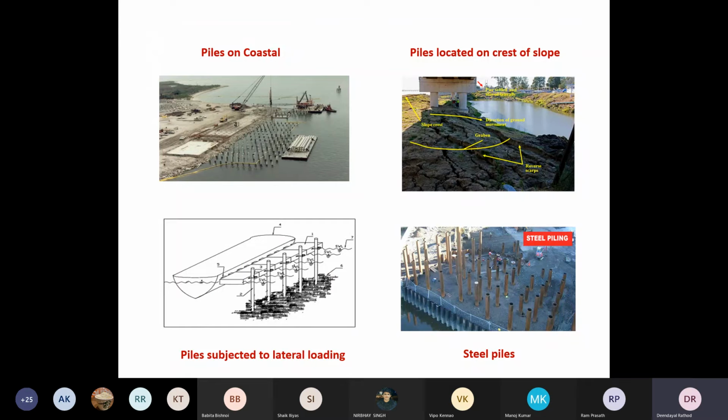Here these are the piles and the coastal structures. Generally we go for piles that may be located on sloping ground, and these piles can be steel, can be concrete, and so on. All these piles we generally provide at a greater depth. Greater means how many meters? Maybe 10 meters, 15 meters, maximum 20 meters, and so on. And a shallow foundation is maximum 3 to 4 meters.